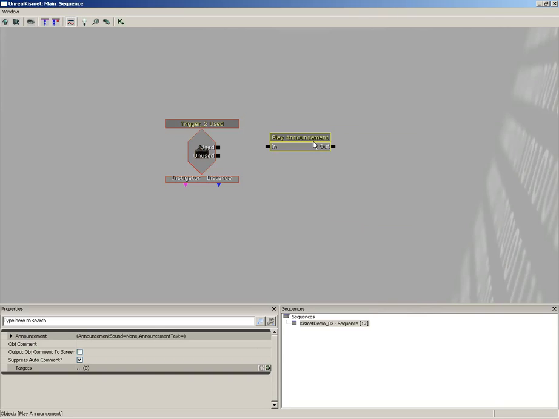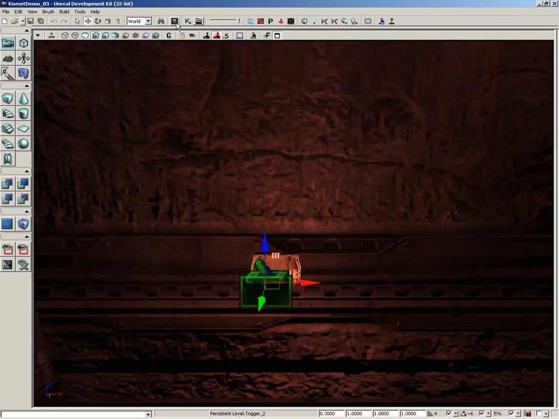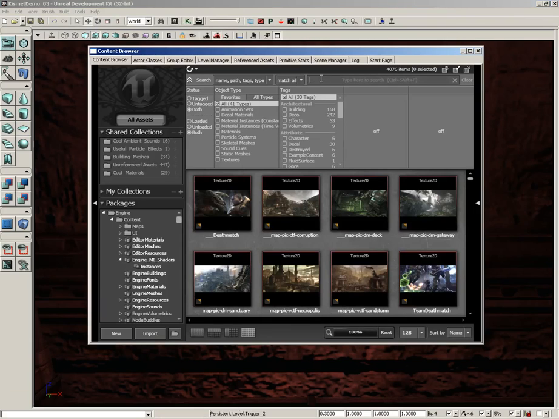Now, Play Announcement allows you to designate some text that will pop up on the player's screen, and it allows you to play a sound simultaneously. Let's jump into its properties, expand the announcement category. I'm going to take the announcement sound, and let's go dig up the sound we're going to use here. Just a note, though, this does not take a sound cue. This is actually looking for sound wave data. So I need to close out Kismet for a moment. Let's go into the content browser. Now I have a particular sound in mind, so make sure you click on All Assets, and in the search line, I'm going to type